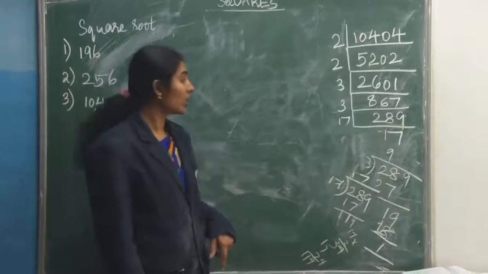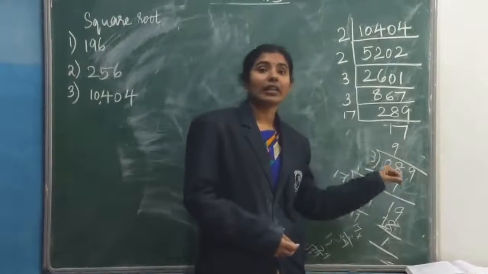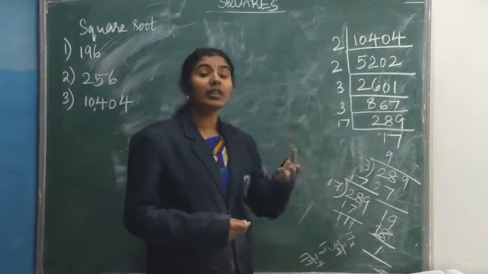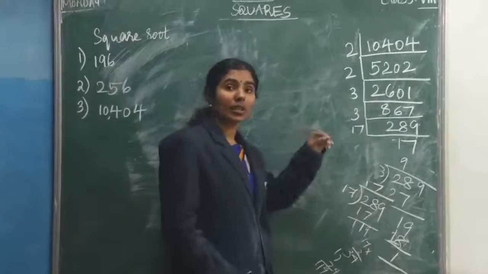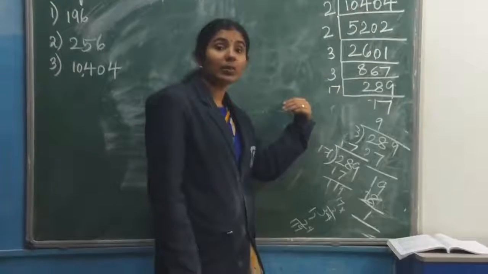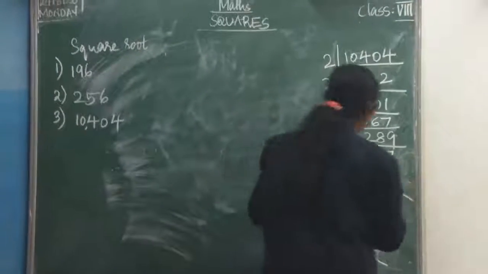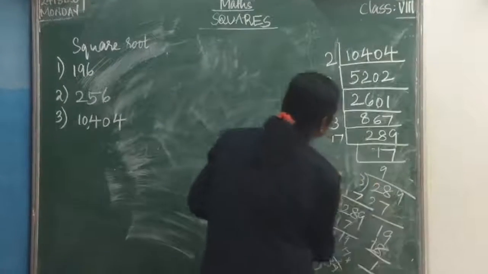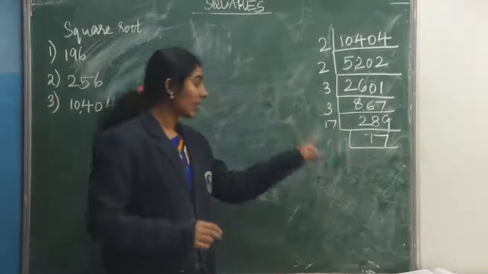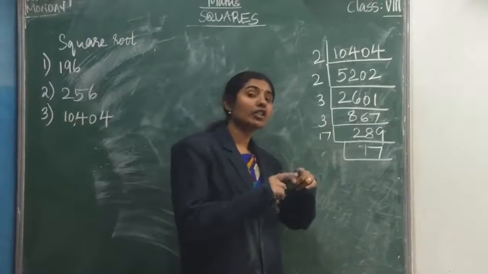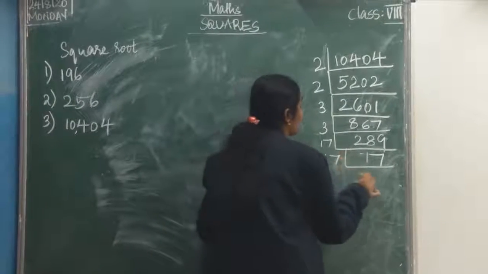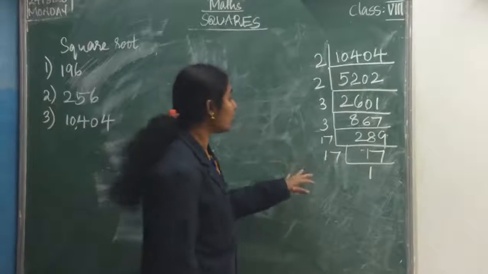When you are dividing this number by 17, what will you get? 17. Okay. So it is not easy to find like this. Using each prime number you should divide the number and see whether the remainder is 0 or not. If you are getting remainder 0, that means you can divide that number by the prime number. Same way you should do. Here at last you are getting one prime number. See here, 17 is a prime number. 17 you can divide by 17 itself. No other numbers you can divide. 17 ones are 17.